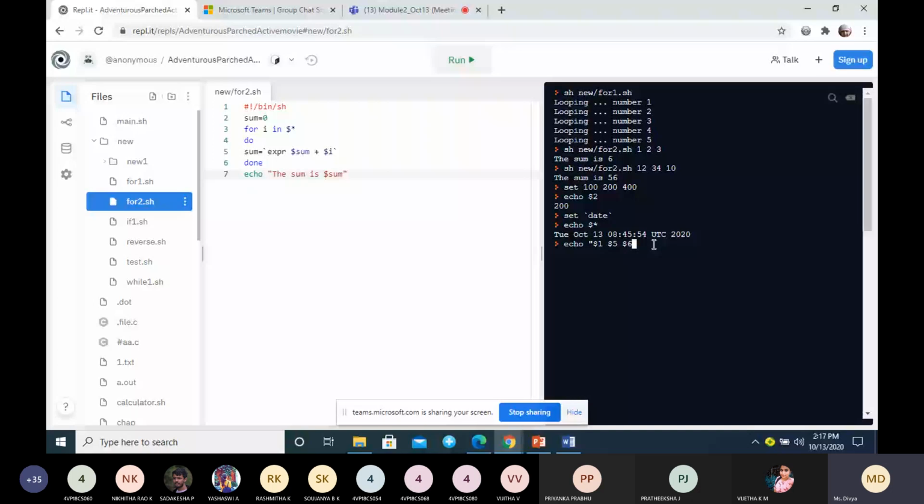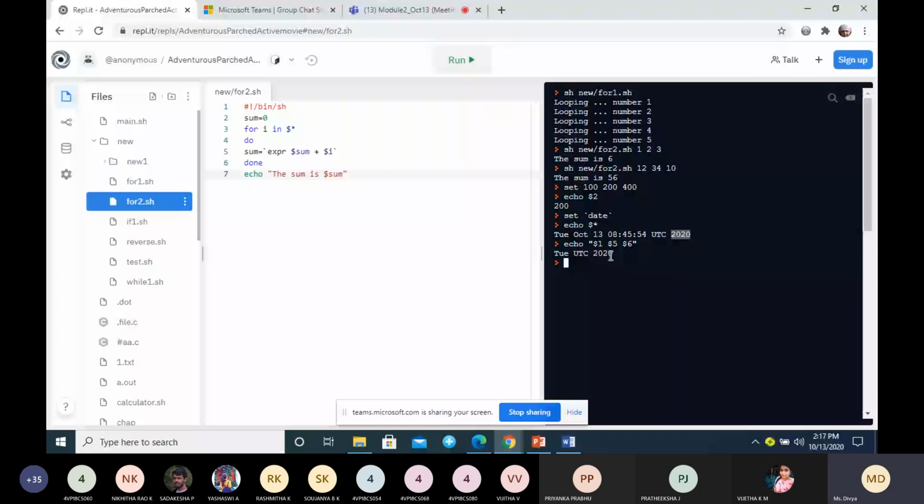So what is it displaying? $1 has the first value, that is Tuesday. $5, counting 1, 2, 3, 4, the fifth one, is UTC. And $6 is the last one, 2020, that is the year. So the day of the week is available in $1, and so on. So this is about how we can use command substitution to extract individual fields from the date output. These are the two examples you can give for the set command.